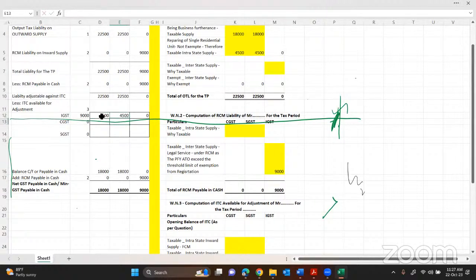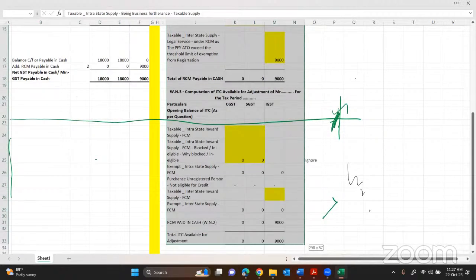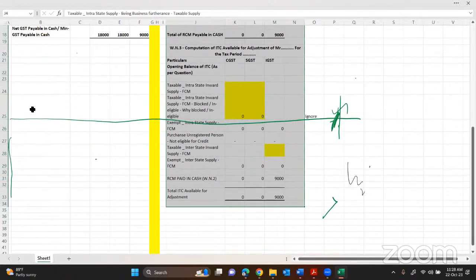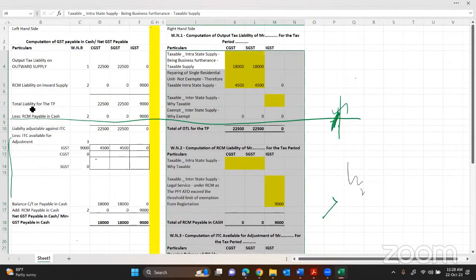Are you all with me, my dear? All the three answers are correct, or any permutation combination is correct. I go with this method, and balance, if any, I have no asset to be adjusted. So 18,000, 18,000 and 9,000. This is the net payable in cash. So, my dear brothers and sisters, are you comfortable? What will take more time is only the working notes. Once the working note is done, the main answer is just substitution from there. My dear brothers and sisters, are you with me?